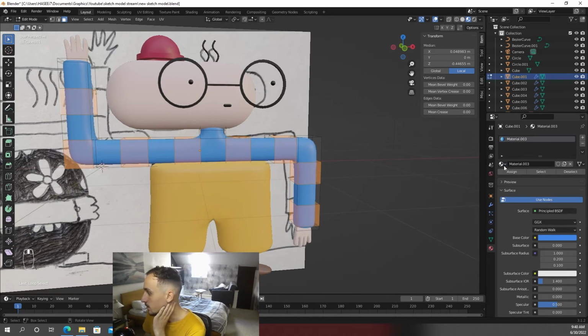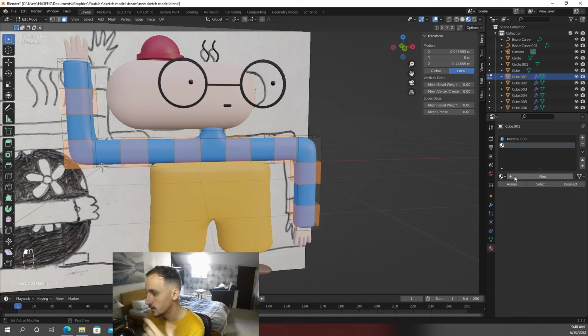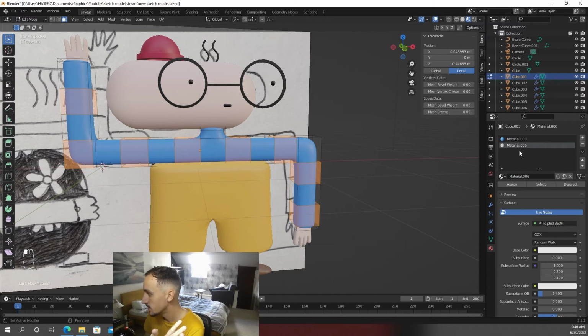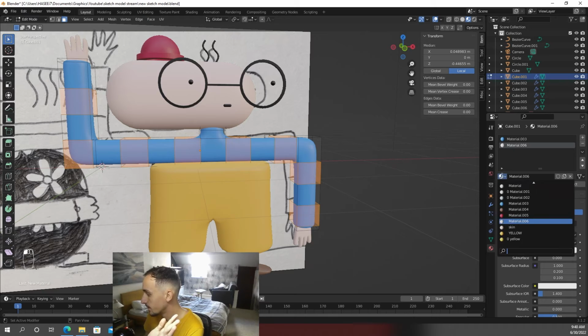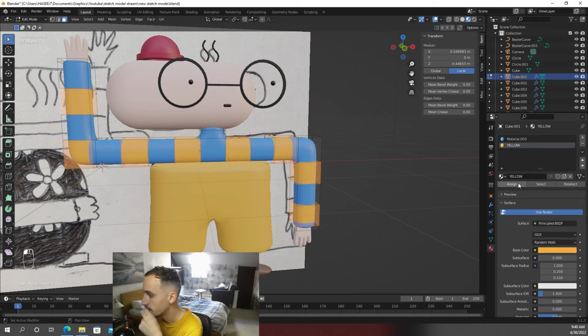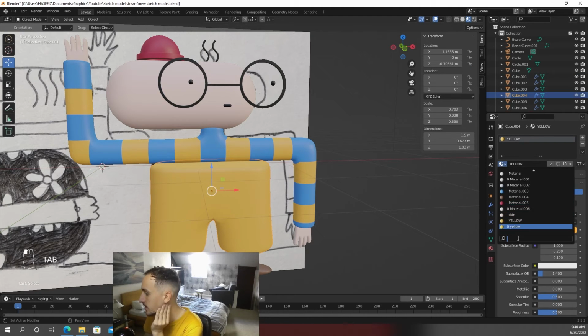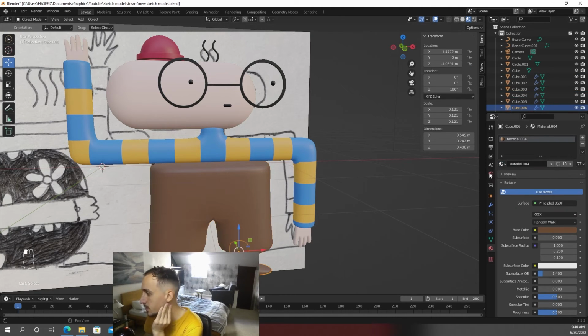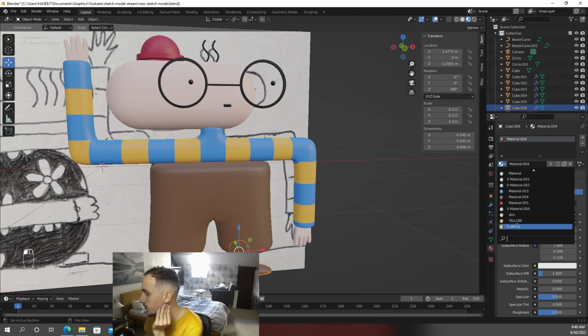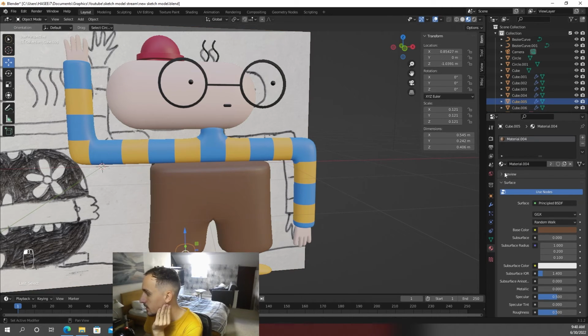Let's choose this blue. That's going to apply it to the whole mesh, but if we now press the plus, make a new material, and let's choose the yellow again. So we press assign, and it's only going to assign yellow to those stripes. We're going to change the trousers to use the brown instead, and we're going to have yellow shoes. Yellow, and